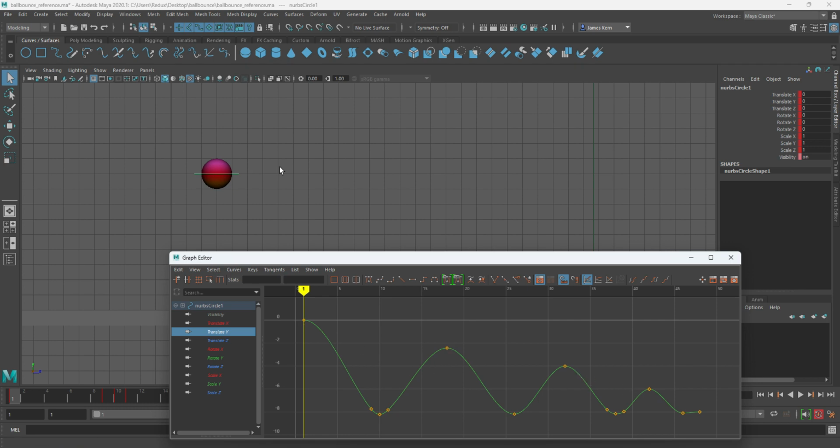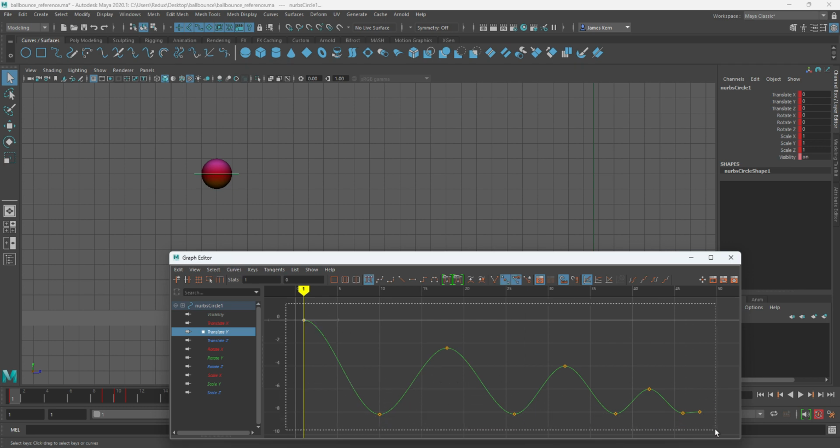Okay. So this isn't exactly how we want the curve to look. It's close, but not exactly. So in Translate Y, I'm going to want to delete these keyframes that I made. And if you want to select a keyframe, you can just click and drag a little box over it. Whatever's in that box, it'll select. Same thing with this guy and this guy. So these keys,